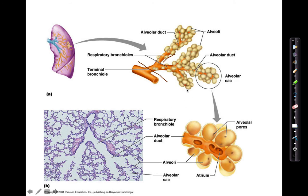What else do you need to know? There is still a little bit of smooth muscle in the respiratory bronchioles. We definitely have smooth muscle in the terminal bronchioles. There's just a little bit of smooth muscle in the respiratory bronchioles. No smooth muscle once we get into the ducts and the sacs and the alveoli. I think that's it. And here you can kind of see,